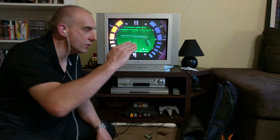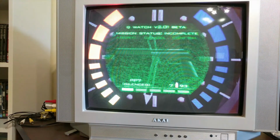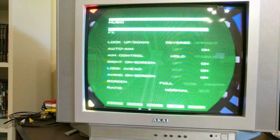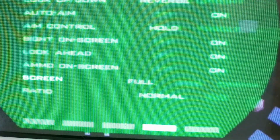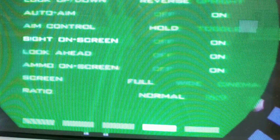And in fact, I'm going to move you closer so that you can see this. Okay, looking at the screen, I've managed to minimize the flicker of this close-up shot as best I can. And I hope you can see what I'm going to show you. So I've gone into the menu and I'm just going to go across to, we've got some screen options, and down the bottom, oh, what the hell is that? Oh, look, it's the ability to change, and I've done it wrong,